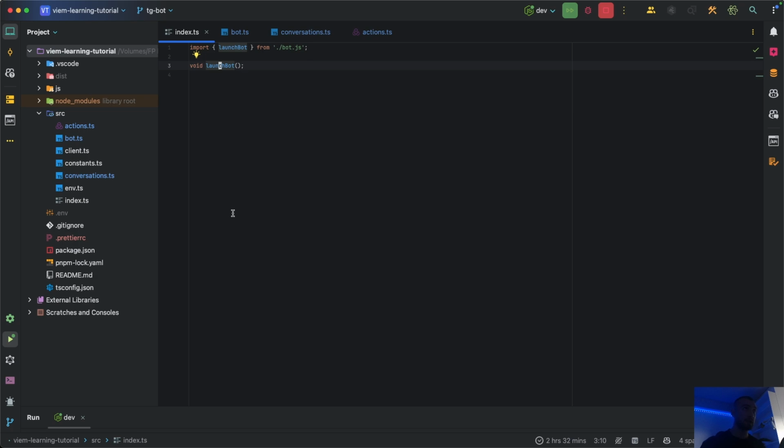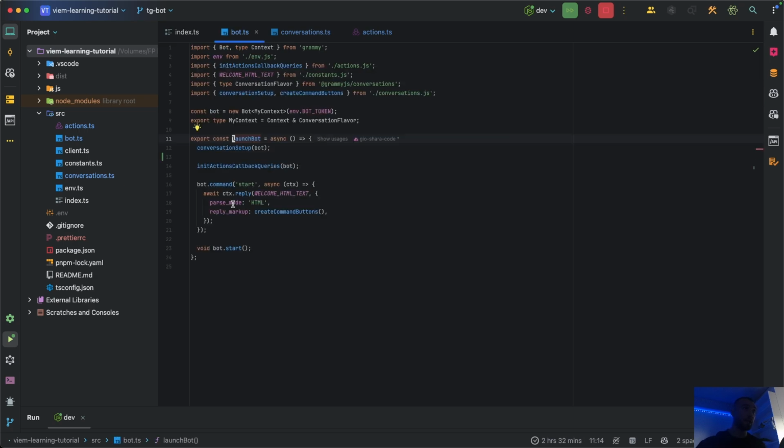This is the entry file and launchbot gets invoked. As you can see here, we are setting up the conversation API of Telegram. We are initializing all the callback queries for our buttons. We are defining the start command and the reply for it, and here we create the buttons, the command buttons